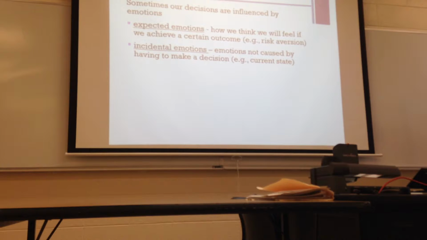So those are your expected emotions, and those can contribute to things like risk aversion. Because feeling bad about something, you want to avoid that, right? That's a risk that you're going to hurt, a risk you're going to be sad, or upset, or not going to feel good. So that's something that you want to avoid. Or if you think you're going to feel really happy doing something, then you might be risk-taking if you think that it's going to give you a really positive feeling. So we don't just think about outcomes in practical terms, we also think about them in terms of how we'll feel in that place, having achieved that particular goal.